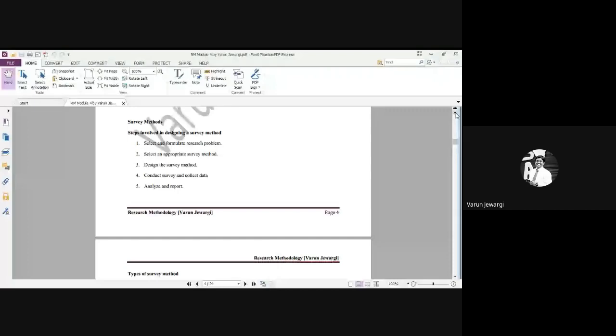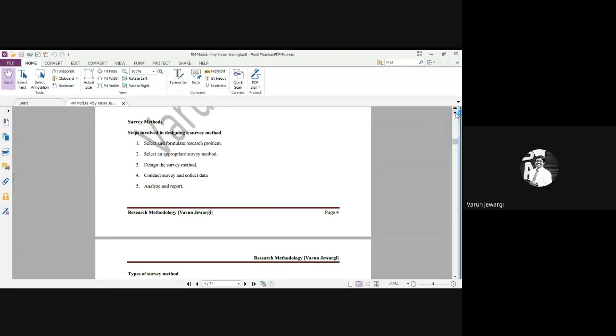So what he did was he started conducting a survey. He asked people, what is it that you're looking for? He went to the people, he interviewed people, he asked what is the best method, what are the tips you're looking for. He designed a survey method. Was it a questionnaire or oral? We'll understand in the coming part. He conducted the survey and collected the data.